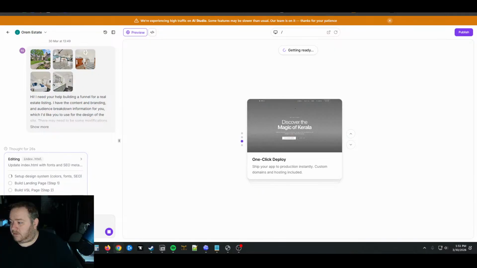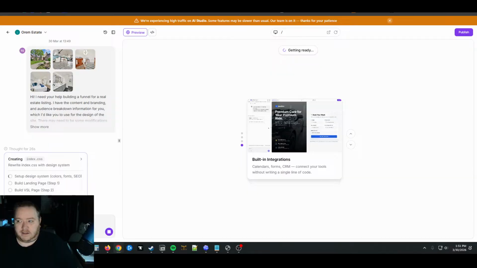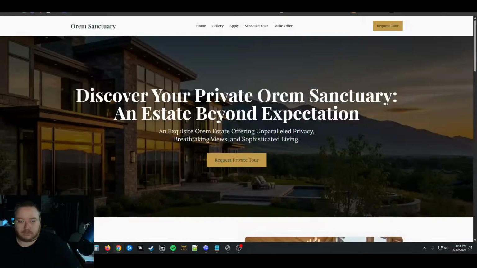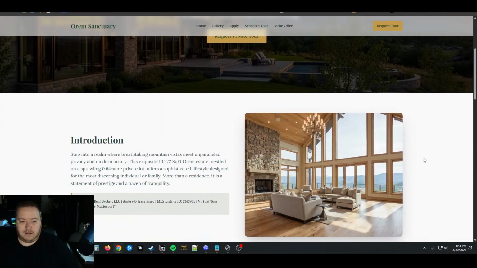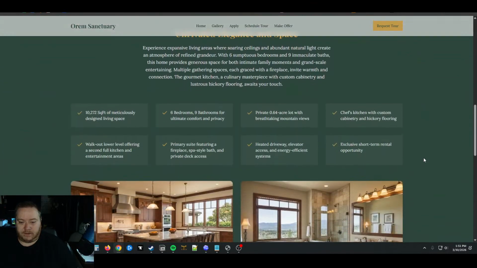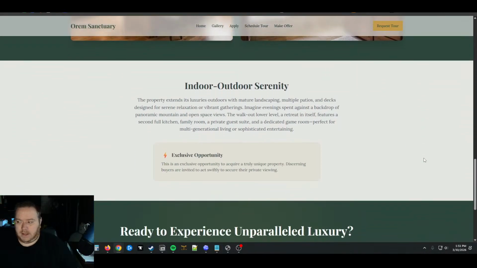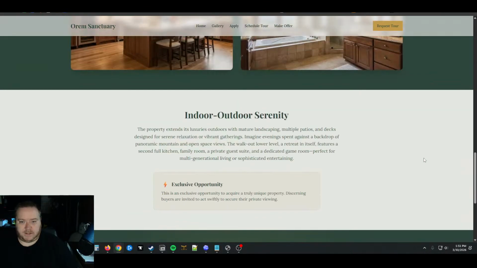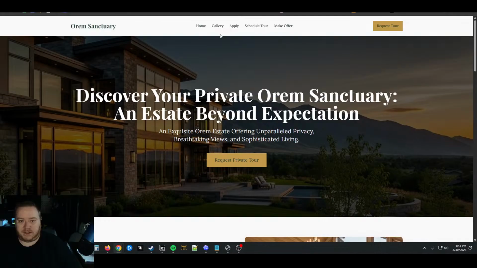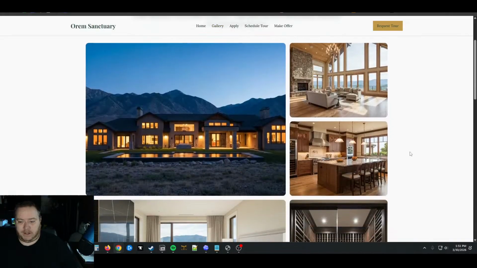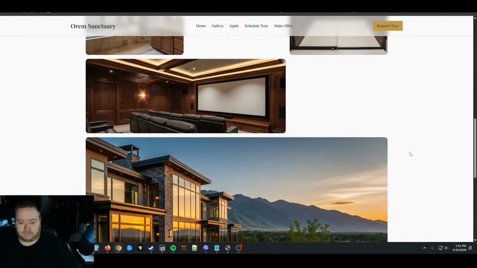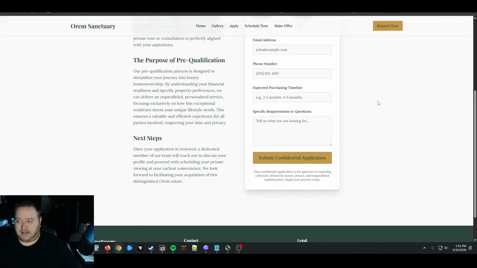I can show you the other one that we did. This one. So we're hoping to do something that's a little bit more specific this time, because this was just kind of like a test run. But this is the site that it put together. So it did use some placeholder images, which, I mean, we just have to replace those, not a huge deal. Gallery. This is where you go to actually apply